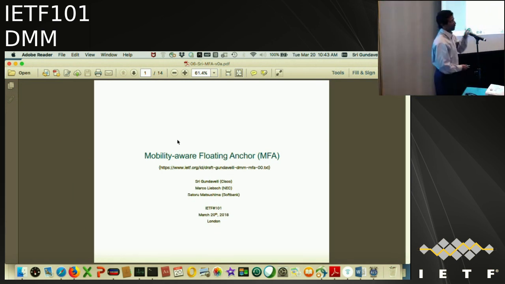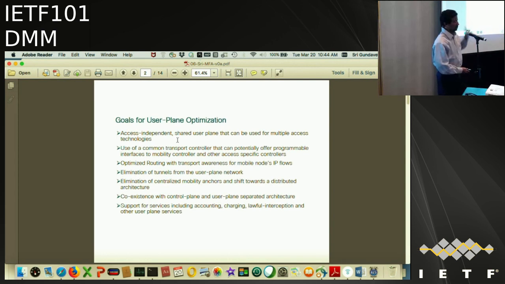This is the draft that I posted. Unfortunately, Depeng, my co-chair, is not there, but this is an individual draft. If you look at what Kalyani and Satoru-san have presented overall with respect to 5G user plane optimizations, I think the key goals are, first, how do we realize an access independent user plane? Second, how do we truly leverage the data plane and have some optimal routing in